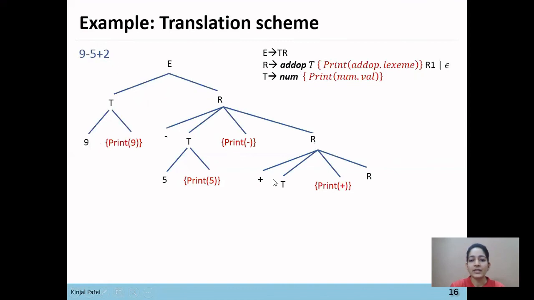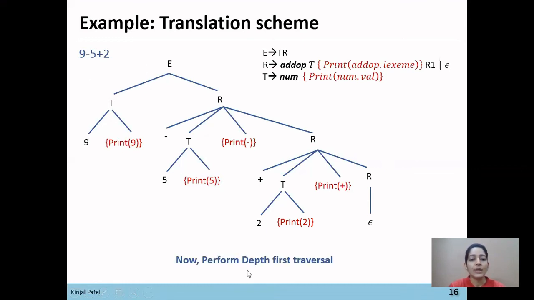From this T, 2 will be derived and printed by its translation scheme. The string 9 minus 5 plus 2 has now been parsed, so from this R we derive the null symbol. This parse tree represents the infix to postfix notation.